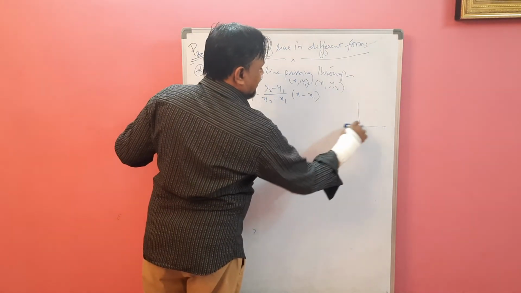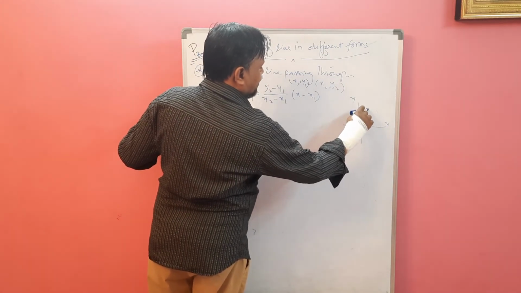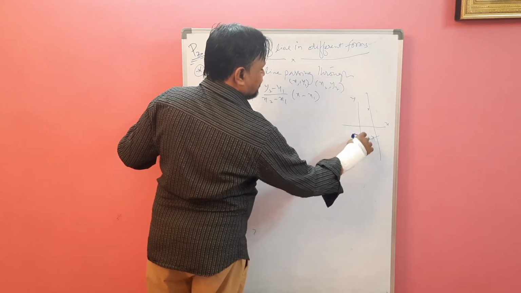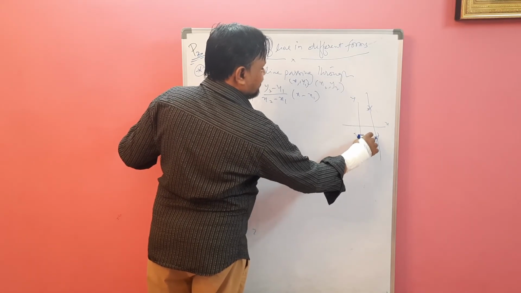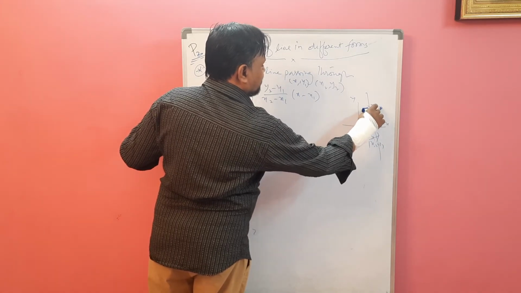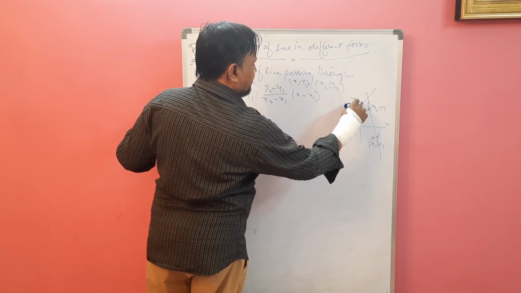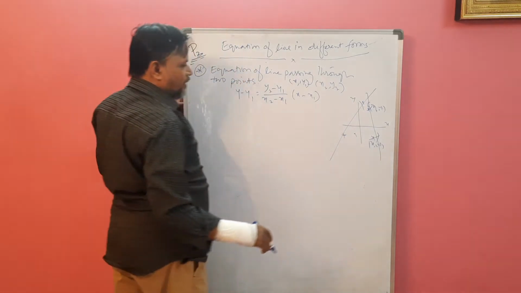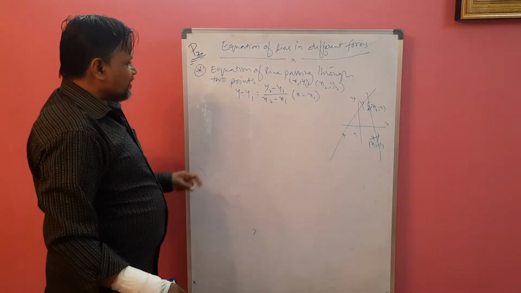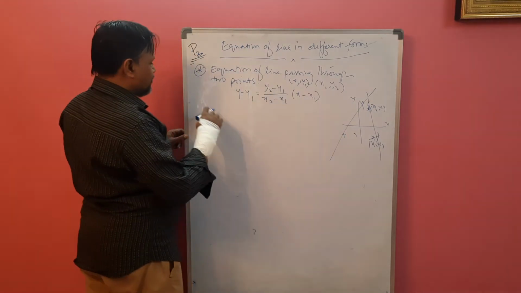Example we are taking anyway. This is your coordinate axis. Some point here, some point here, or anywhere. But take 2 points, suppose this and this. This is your (x1, y1) and this is your (x2, y2). The line goes like this. Somewhere else you will get (x1, y1), here (x2, y2). Anyway, the line is passing through 2 points. So mark the 2 points, and you will get this equation of the line passing through 2 points.